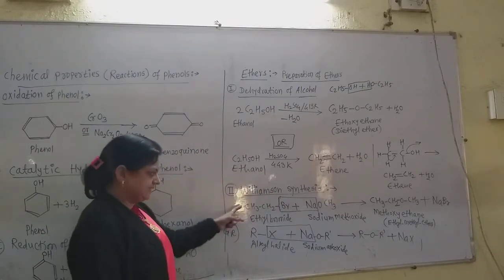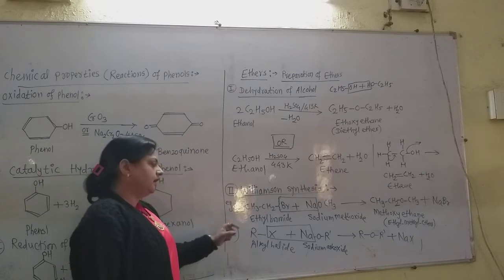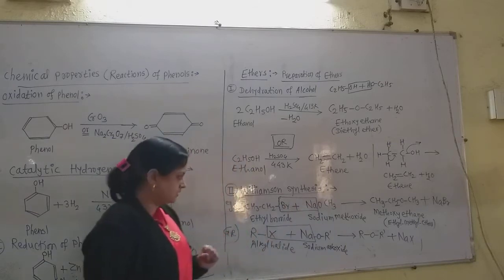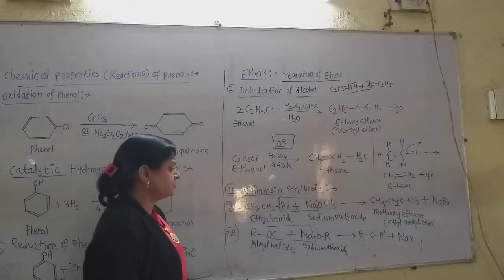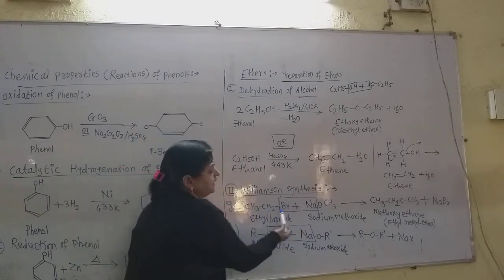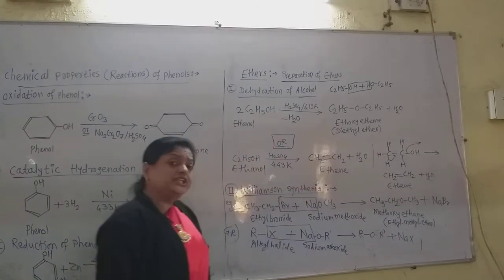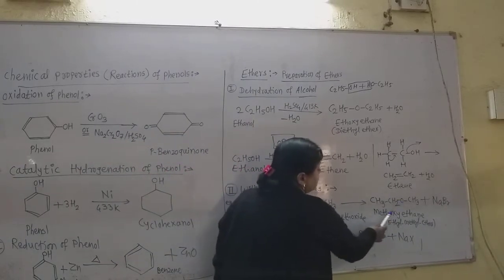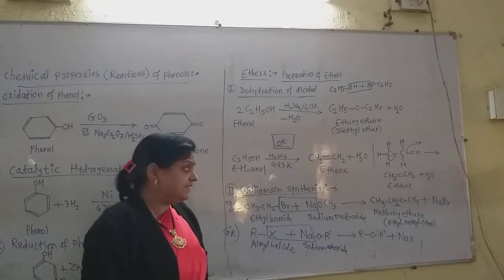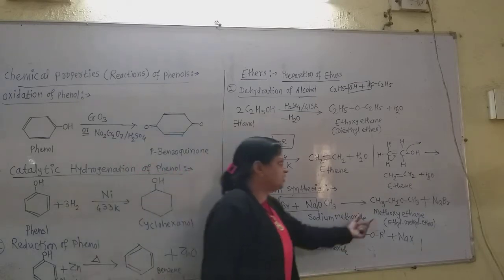Now let us take the example of ethyl bromide. Take the alkyl halide as ethyl bromide and sodium methoxide as the other reagent. In this reaction, this NaBr gets eliminated and directly this CH3CH2 gets attached to this OCH3. Now this is the unsymmetrical ether. In this ether, this ethyl group is the larger group and the methyl group is the smaller group. So the IUPAC name is given in such a way that the parent alkane is the larger alkyl group.